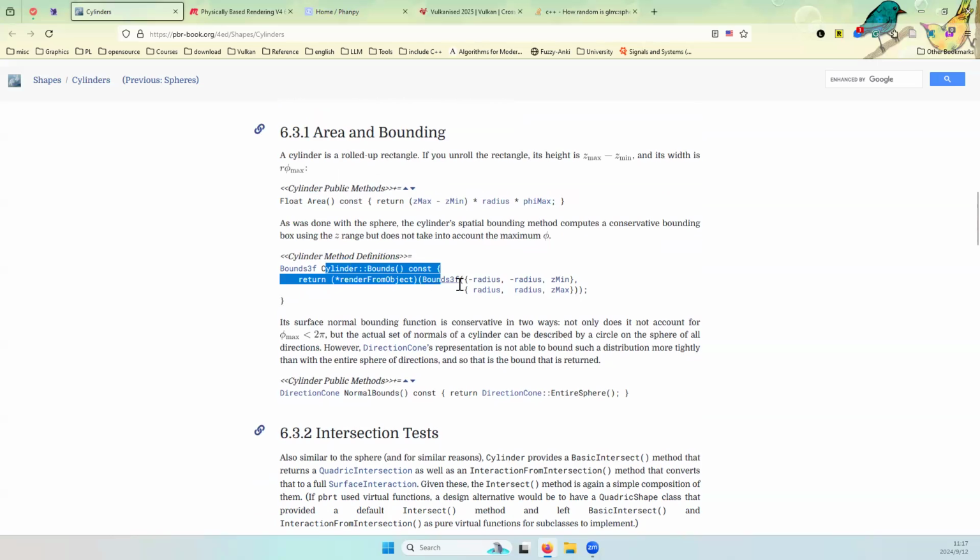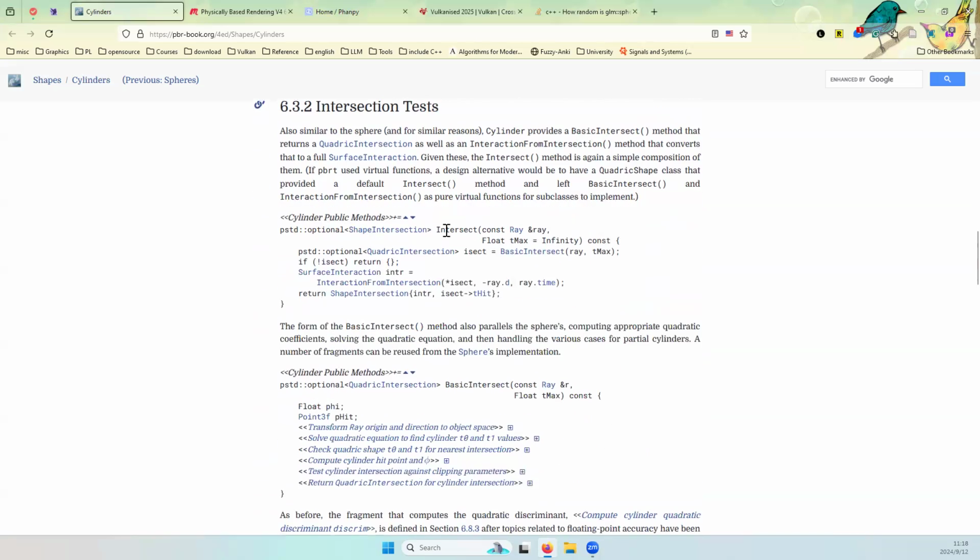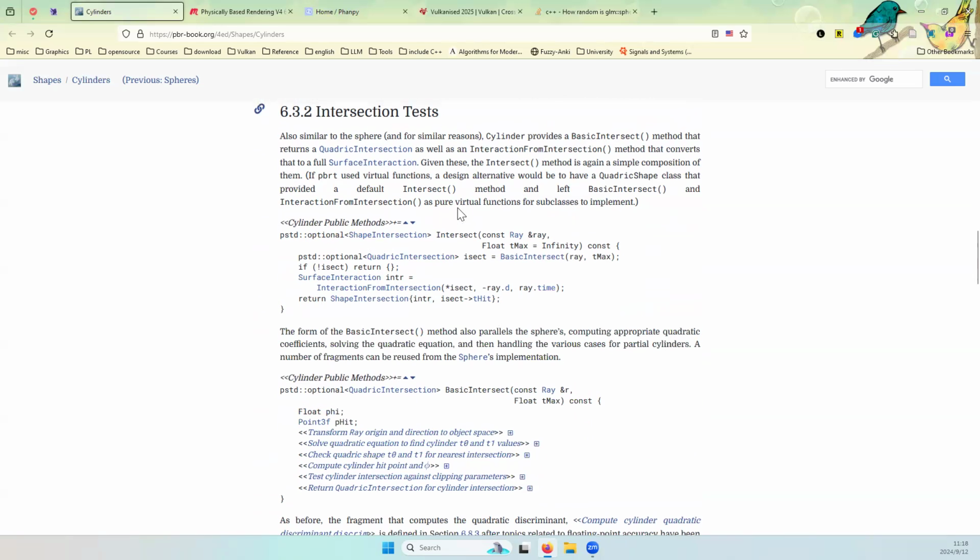Yeah, and bounds is also straightforward. Normal bounds, again, it's just conservative entire sphere. I think normal bounds will only be interesting when we deal with stuff like triangles. Intersection test,